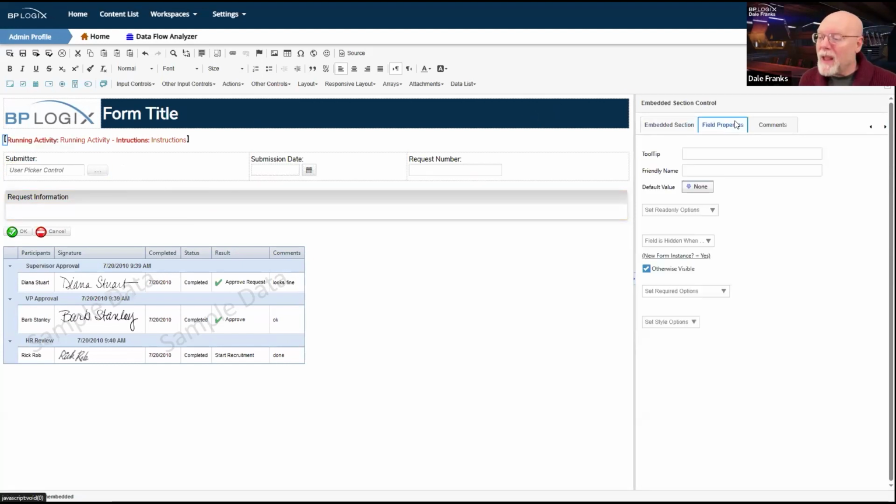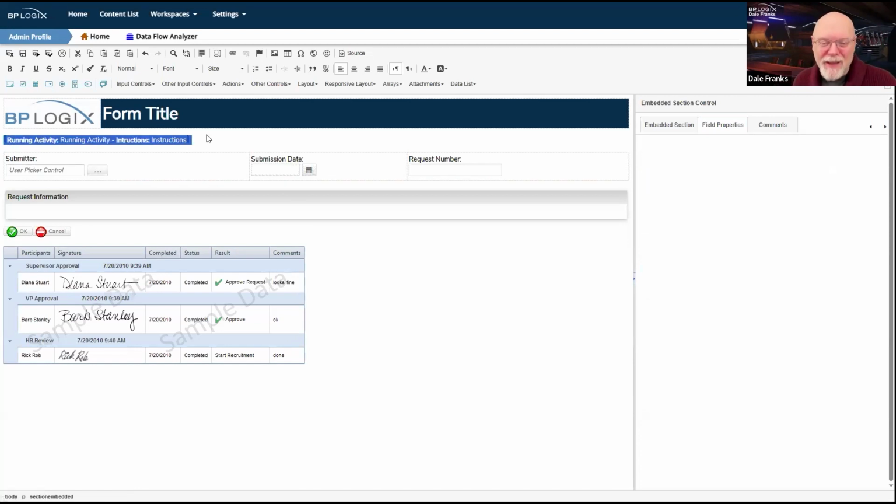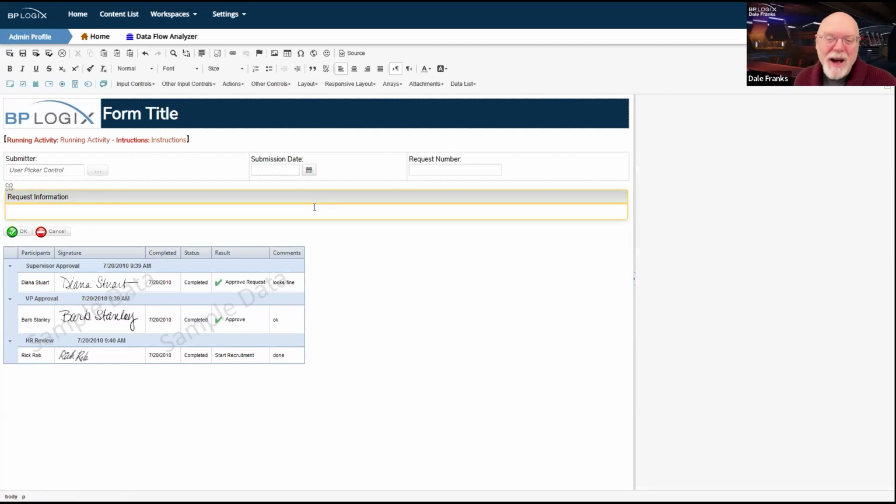So I actually do need, oh, wait, no, it copied over from my other form. That is cool. I know that we had done something to make this happen, and it did happen. I already have my enabling properties written over here, where this is hidden when a new form instance equals yes. So great, that's what I want. I don't want this to be shown. That's why it's in an embedded section. I don't want it to be shown when the form first opens as a new form instance.